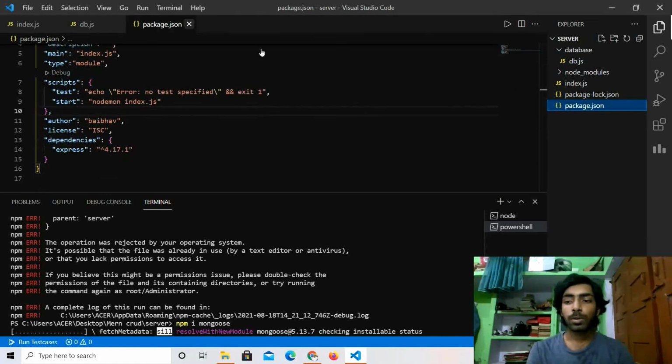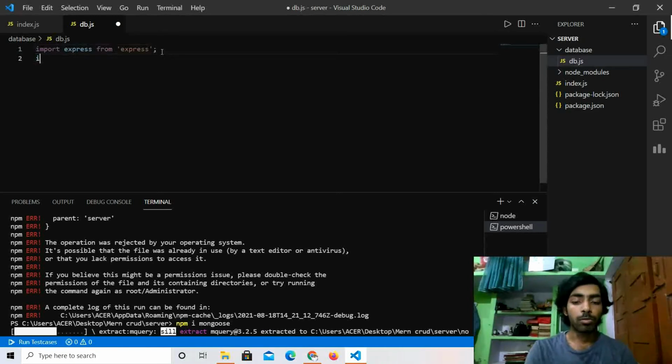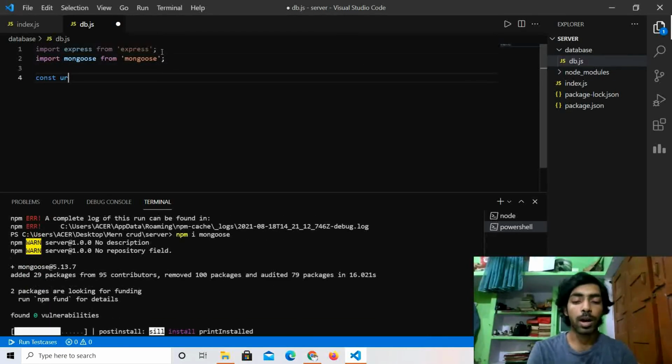Okay, so let me import mongoose also here. Import mongoose from mongoose. Okay, and I'll have to use one URL. Const URL is equal to, I'll simply leave it empty. After that I'll use